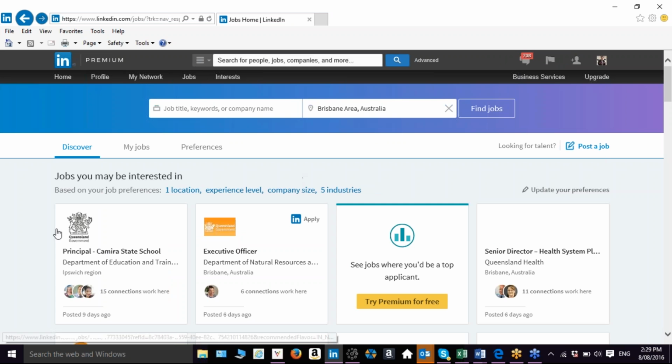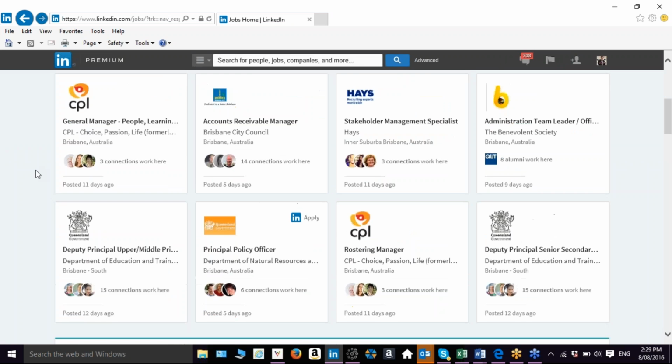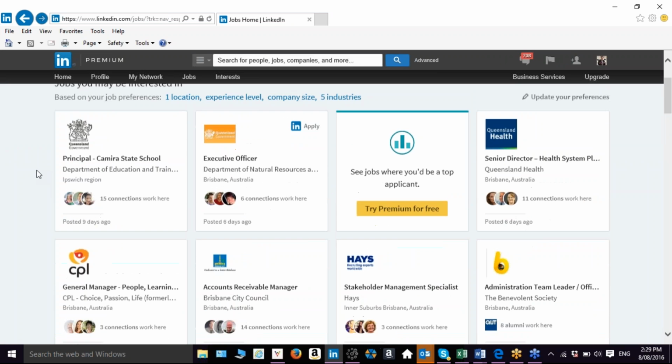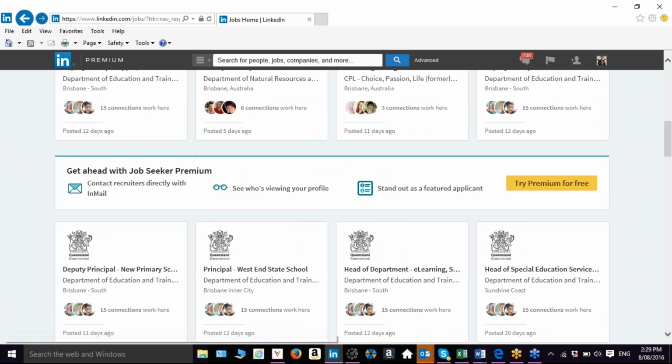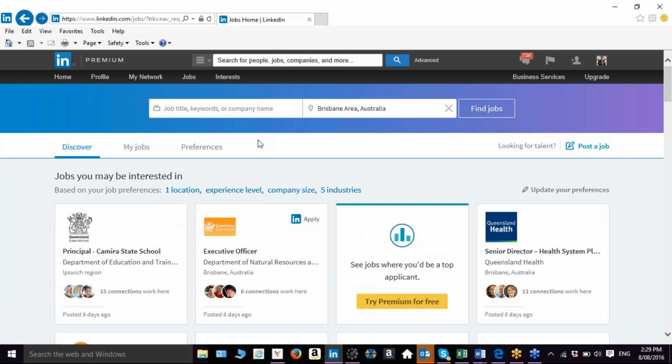You've got an opportunity to see what jobs may interest you, and you can see there's a whole bunch of jobs there. You can type in keywords. You can put in the places that you're looking for the job. So it's excellent from that point of view. I'd strongly recommend it for no other reason than the search function applicability of LinkedIn that you join